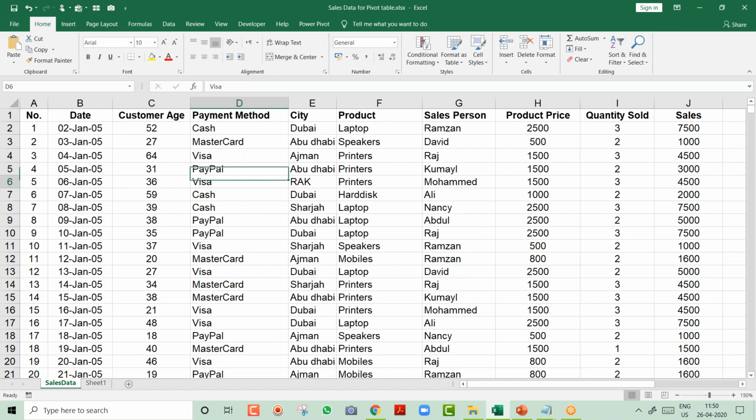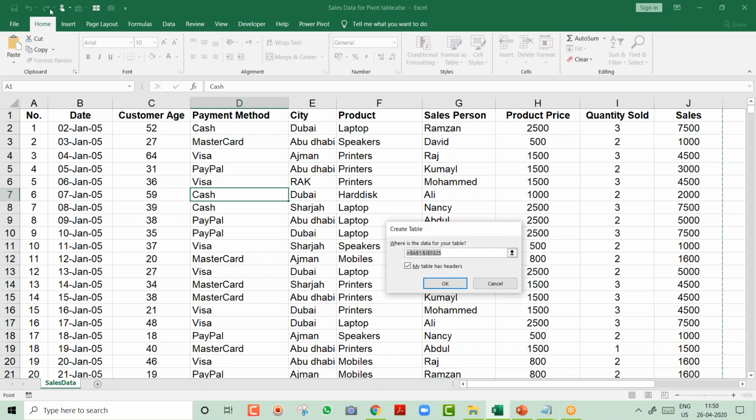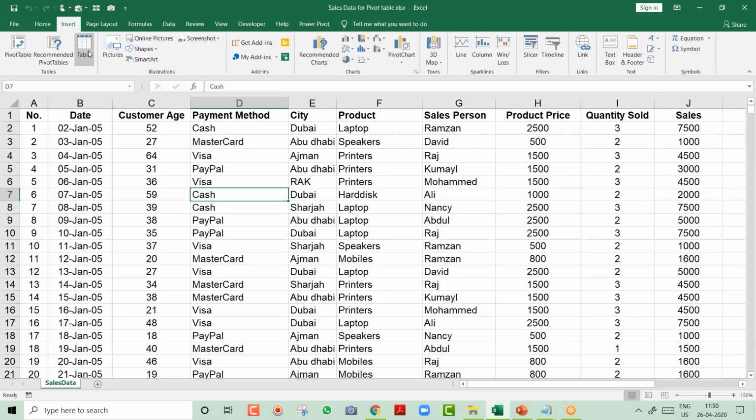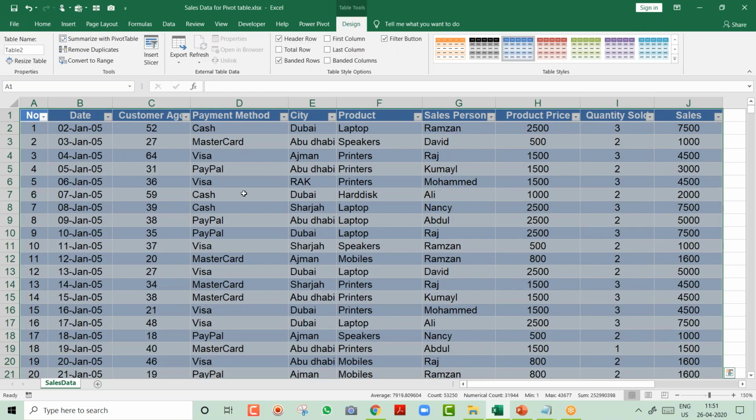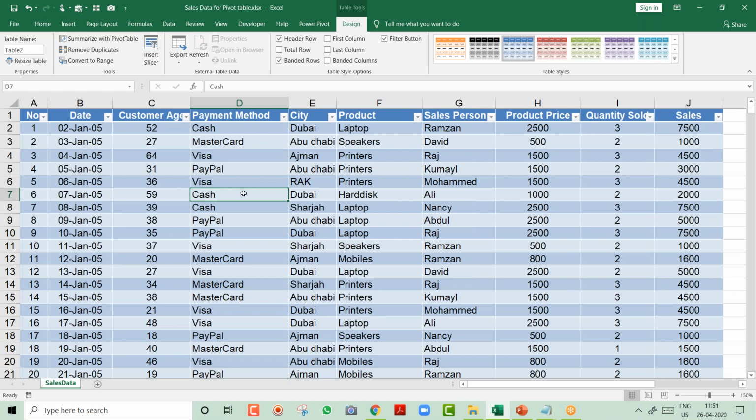Yes. So now I will come to this data, and let me delete this sheet for you. And now I'm pressing Control T, or you go to the insert and there is the option Table. Remember, those who don't know, pivot table is different, friends, and table is different. This is a dynamic table. So I click on table and it has selected the entire range, and I just say okay, perfect. So my data became beautiful. It means it has become a table mode.